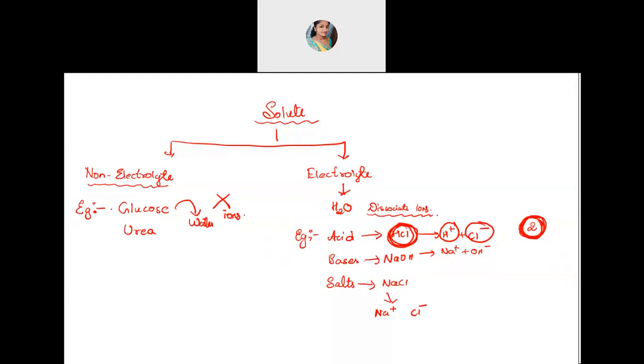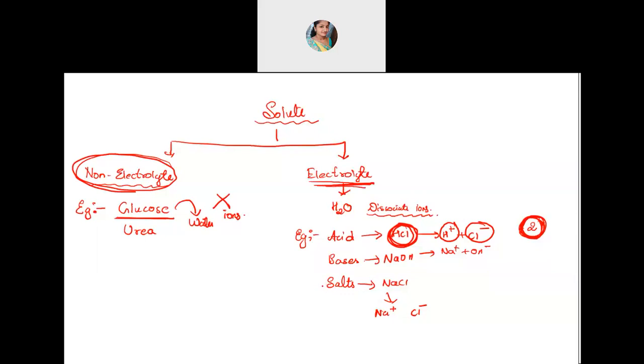It will remain the same only in the case of non-electrolytes like glucose, urea, or alcohol, because they don't dissociate in water. So if your experimental molar mass calculation comes out the same as the theoretical one, it is because they don't dissociate. But in the case of electrolytes, you will not get the same answer, because these substances have a tendency to dissociate in water. Based on that, whether they dissociate or associate, sometimes they even undergo association, you have to study.